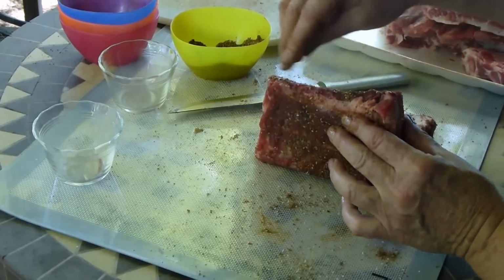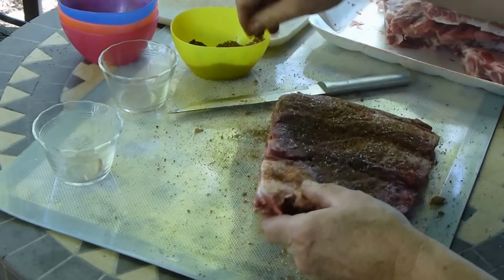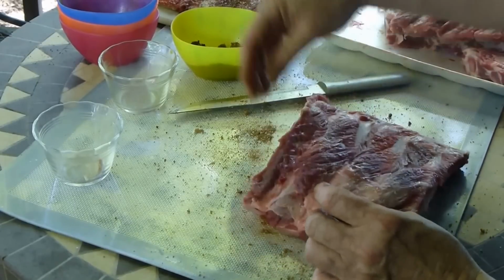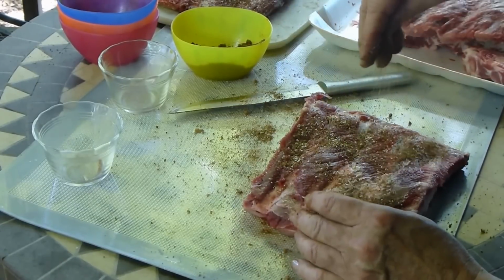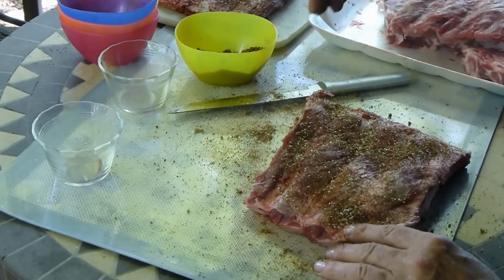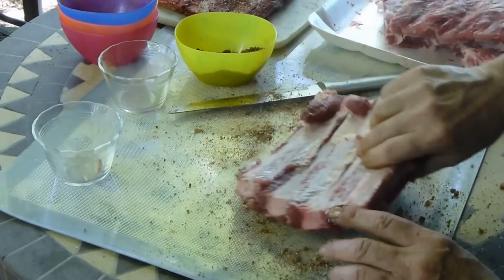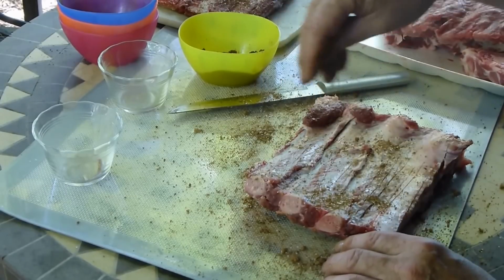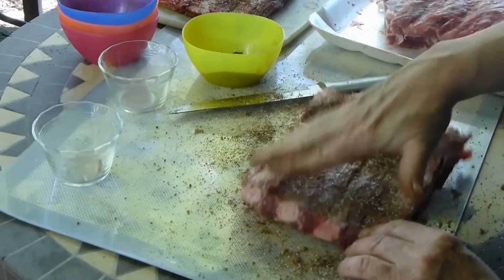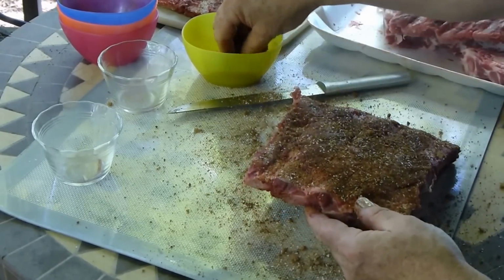Make sure you get the edges here too. You want this rubbed all over. And we'll just do these one by one. You know, and with rubs, the two things you're really looking for are salt. That's going to let the rub penetrate into the meat. And the brown sugar, give it a little bit of sweetness, and it'll also help caramelize the surface, brown the